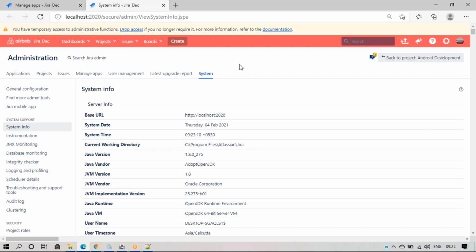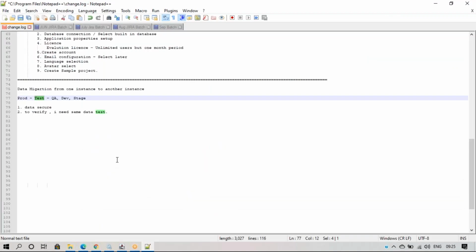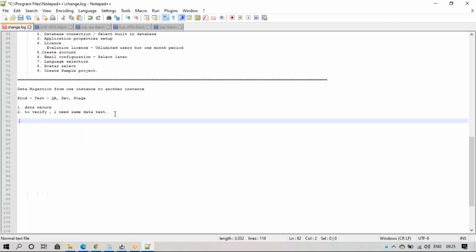Okay, how can we move it? First of all, the first step: the two Jira instances should be the same version. This is very important. This is a prerequisite.